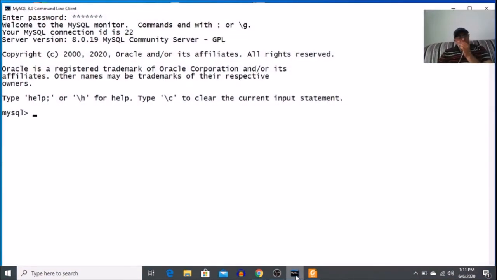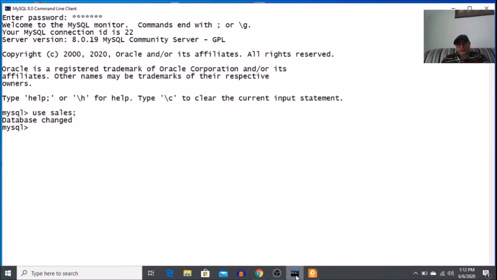So I have logged into MySQL and then I'm going to activate my database. The database is none but sales. Use sales. Today's lecture is on joins. When we require the information from more than one table, there are two solutions for doing that. First is join and second is the subqueries. Okay, so our today's focus is on join.